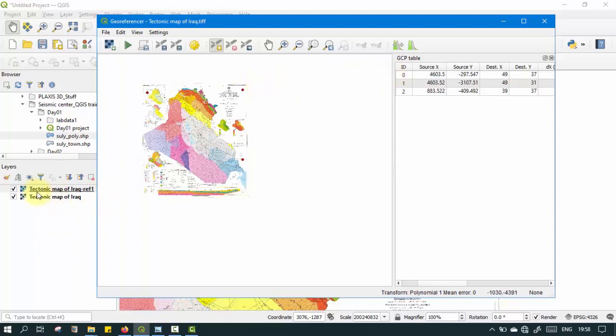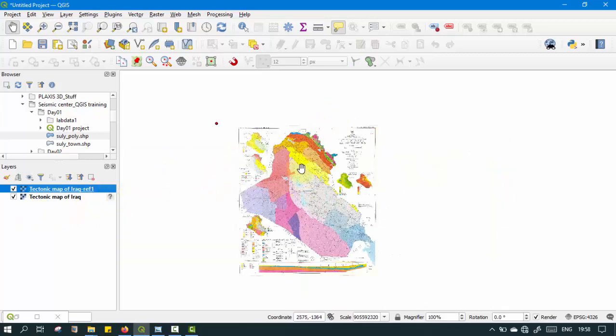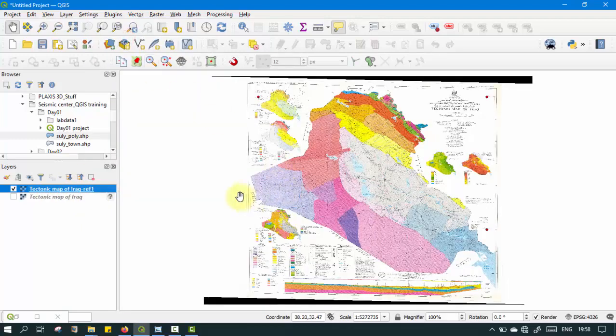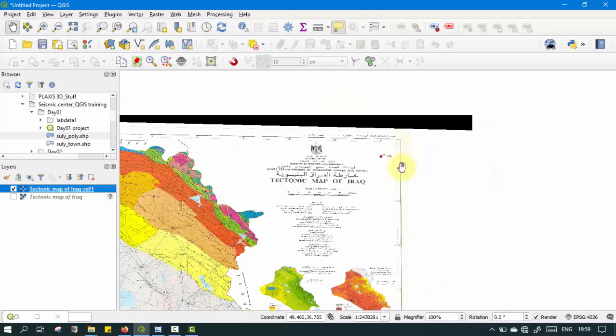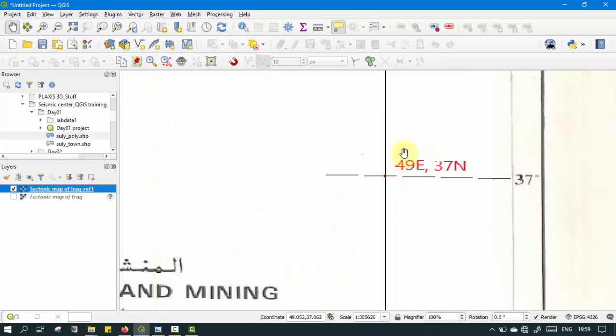And eventually you see that the raster layer appeared in the layer panel. And still I'm looking at the old, scanned image, which is not georeferenced. Deactivate this layer and zoom to the new layer. Okay, this is the same image but after georeferencing, and let's check some points to make sure that our georeferencing